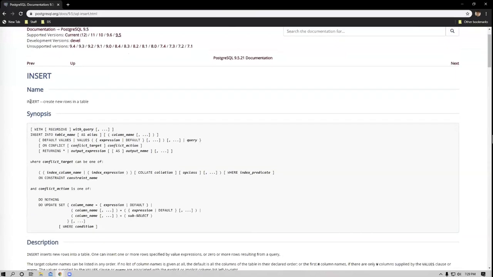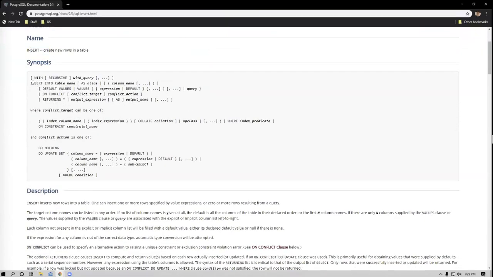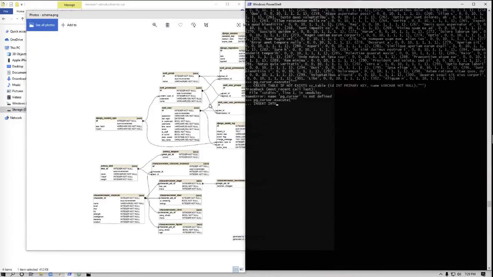Cool. And what is it? Insert, and we can insert into table name as an alias. That's optional. Then the column names and then the values. So we're going to have insert into table name, columns, and values. That's it. So how would that look? That would look like insert into CC table, and then a parentheses-enclosed ID, name, strength, etc.